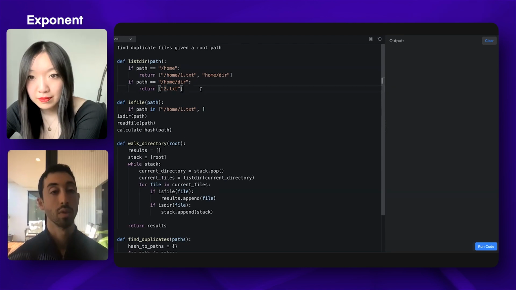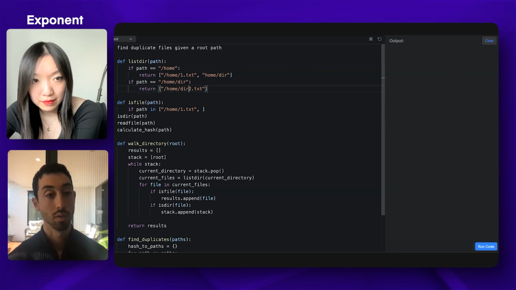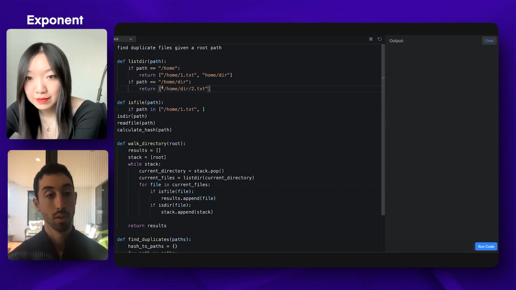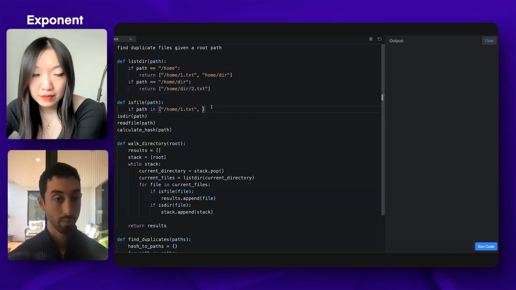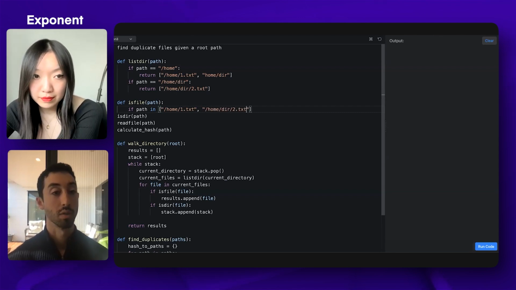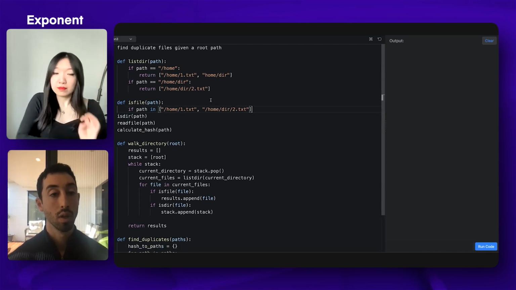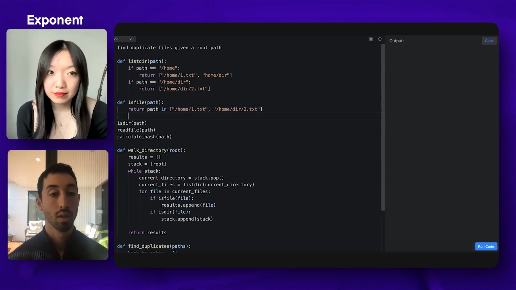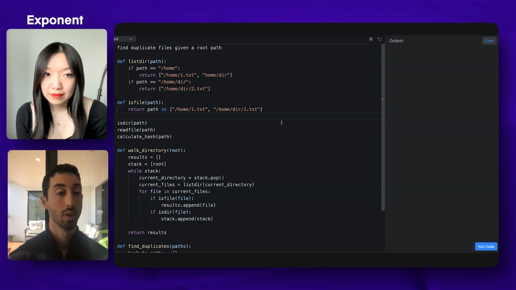I assume it returns the full path, so I need to do it like this. The copy. So I can just do return path in like this.